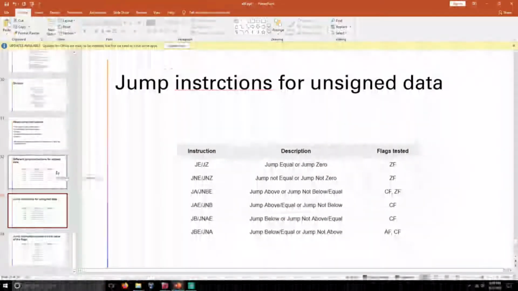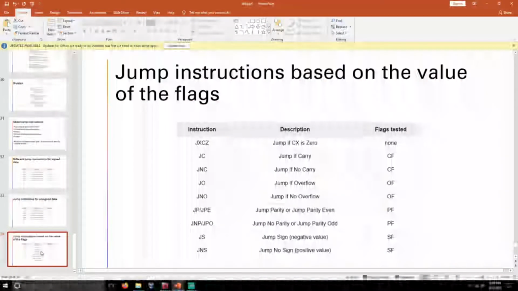Just like signed data, there are instructions for unsigned data also. All the instructions are similar to signed data. I am going to skip that, but if you need to know more about this, you must see the Tutorialspoint website. Next, jump instructions based on the value of the flags. These instructions will get executed based on the flag registers' content. Here JNC means jump if the carry flag is 0.